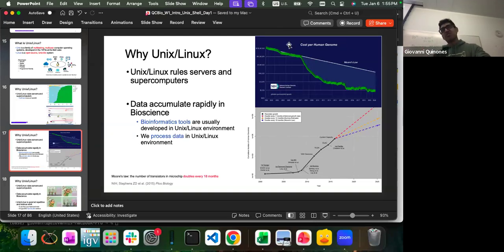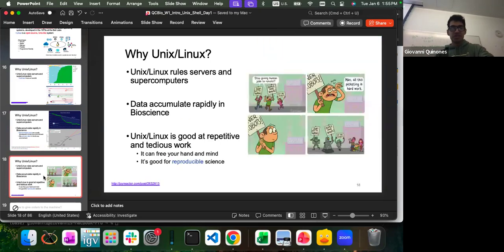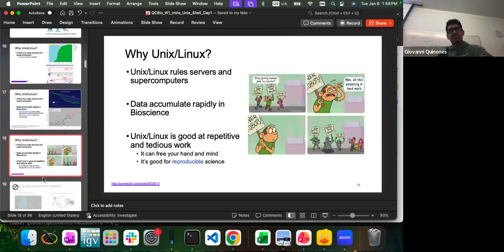This is just to make the point that as we generate more and more data, there is a higher need for people with skills in programming and data science. And of course, with this workshop, we hope you get the skills to do this analysis, or in other words, to make the computer work for you.